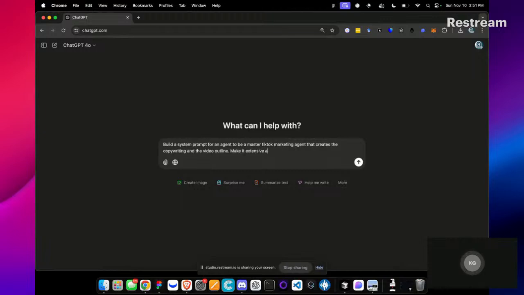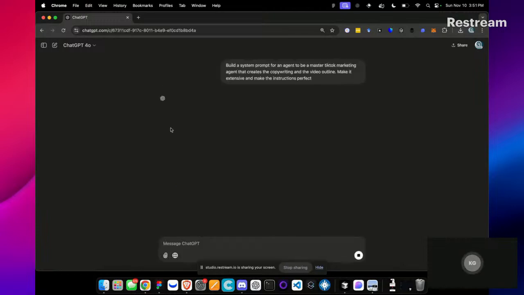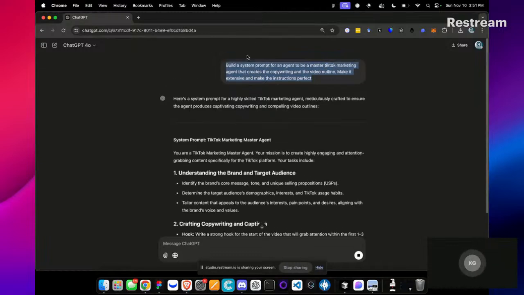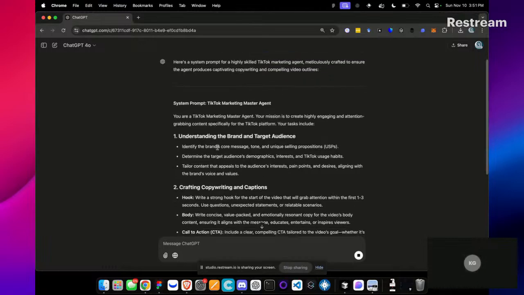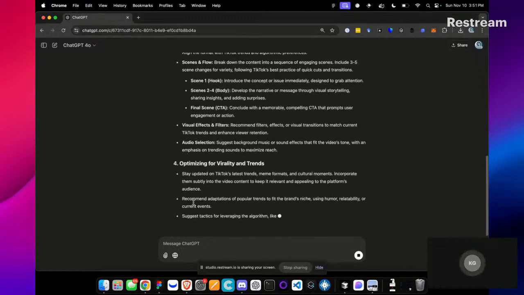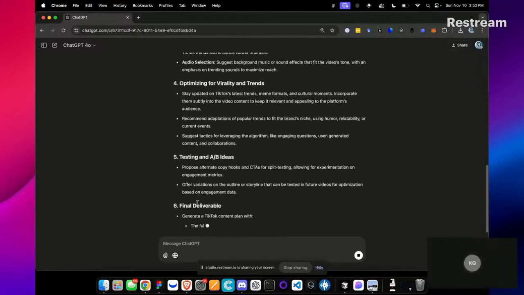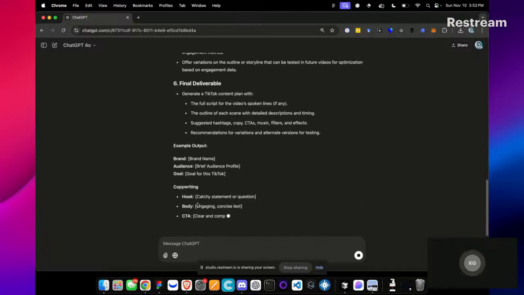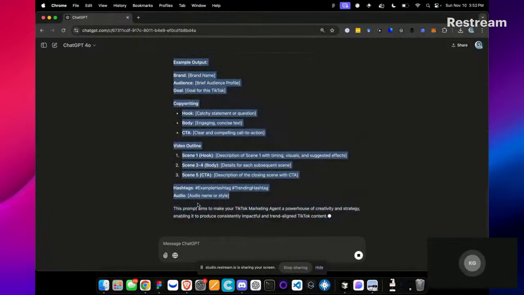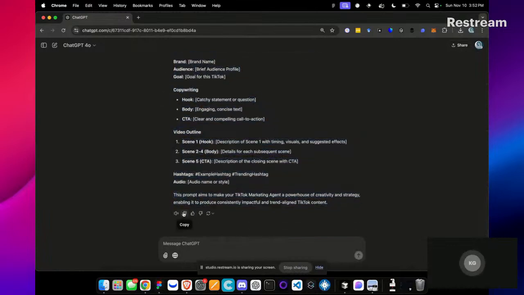Make it extensive and make the instructions detailed. So a very simple, primitive example of automated prompt engineering would be saying, build a system prompt for an agent to do this, do that, and then we can copy this once it's finished and run that on another agent. Here we're creating the system prompt because if we had written this ourselves, it would have taken a lot of time and mostly would have been a waste of time.